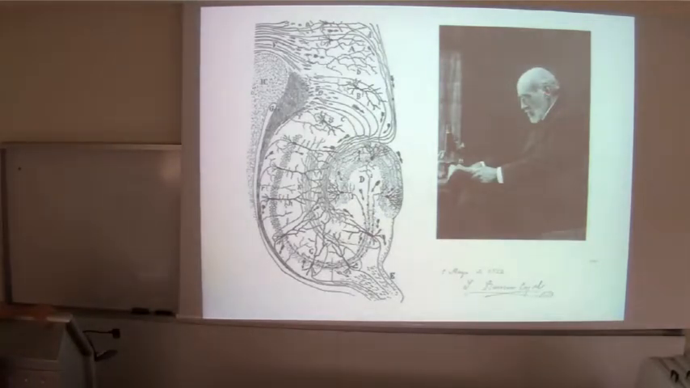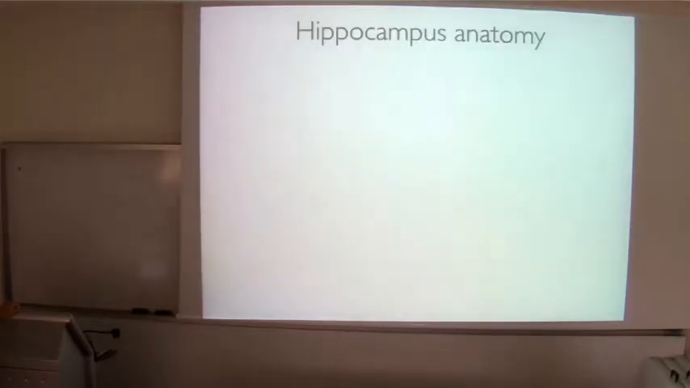Cajal was mostly working on the cerebellum to prove his point, but it wasn't until the invention of the electron microscope that people could actually see by eye that neurons are different entities. So already Cajal kind of figured out the direction of what's going on in the hippocampus, but